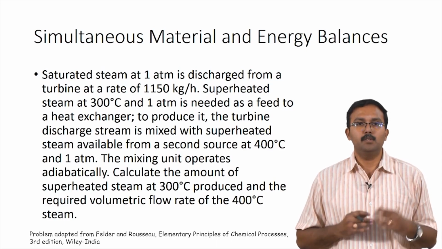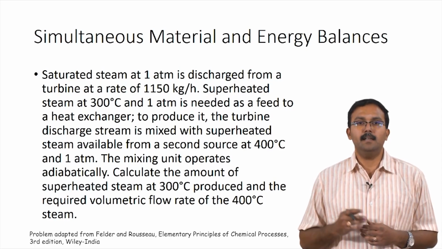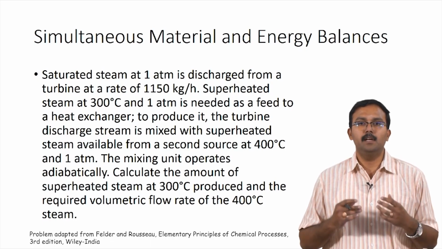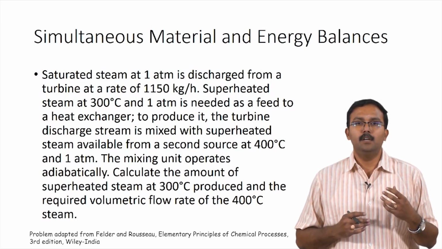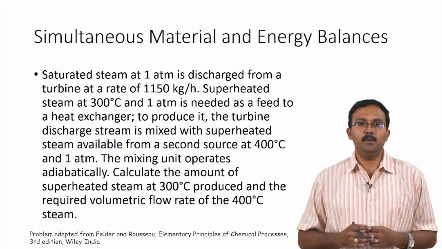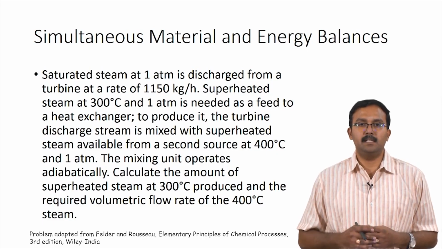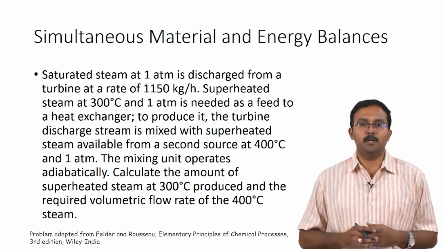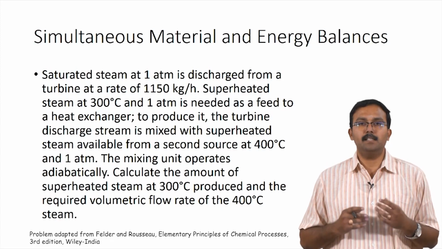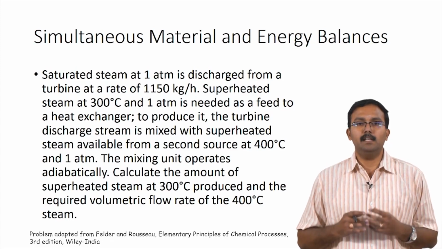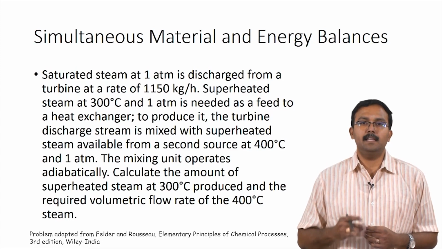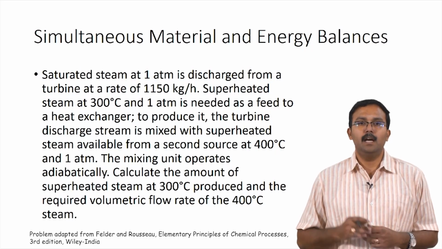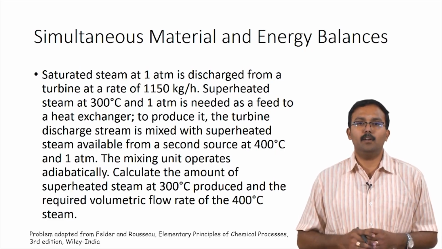kilograms per hour. Superheated steam at 300 degrees Celsius and 1 atmosphere is needed as a feed to a heat exchanger. To produce it, the turbine discharge stream is mixed with superheated steam available from a second source at 400 degrees Celsius and 1 atmosphere. The mixing unit operates adiabatically. Calculate the amount of superheated steam at 300 degrees Celsius produced and the required volumetric flow rate of the 400